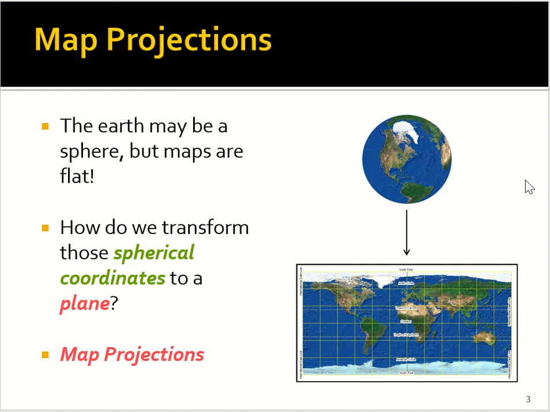So the process of taking data that's best represented on a globe, a spherical object, and turning it into a map involves mathematical transformations called projections. And there are different transformations that we can do in order to try to preserve different spatial properties of the Earth's surface. Those again: direction, distance, shape, and area.